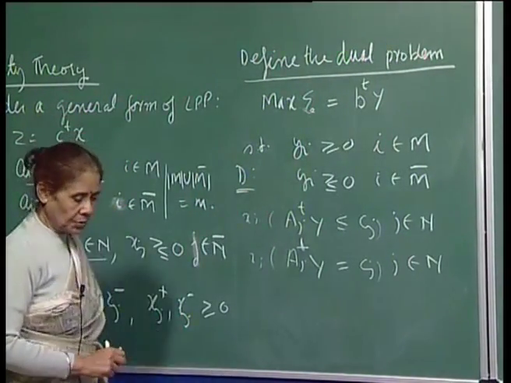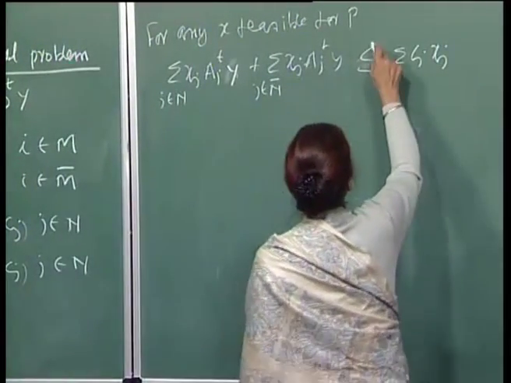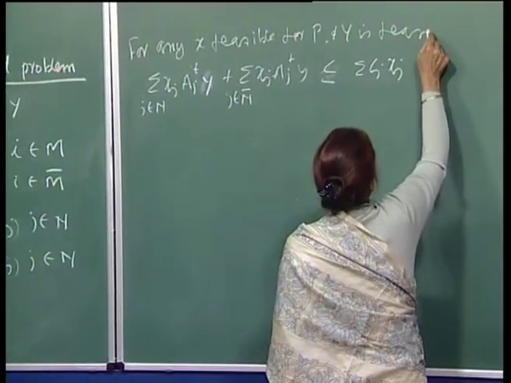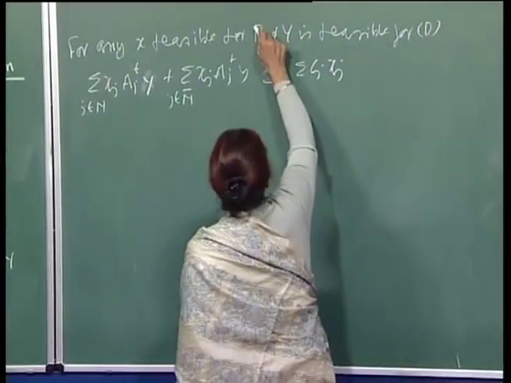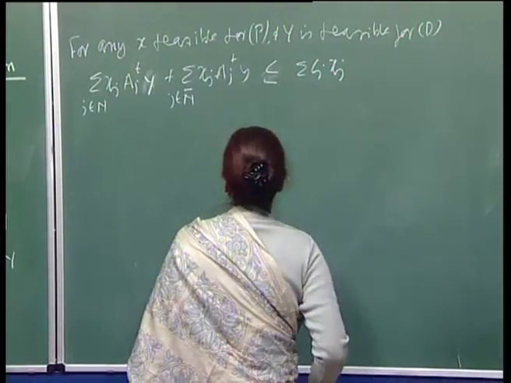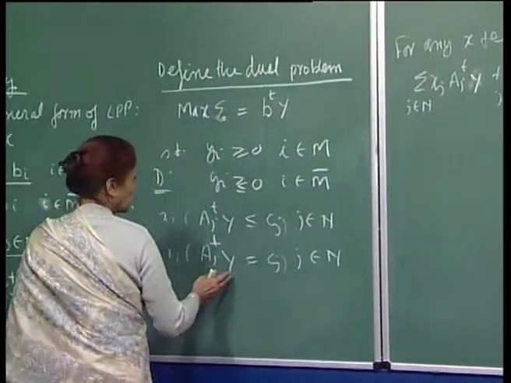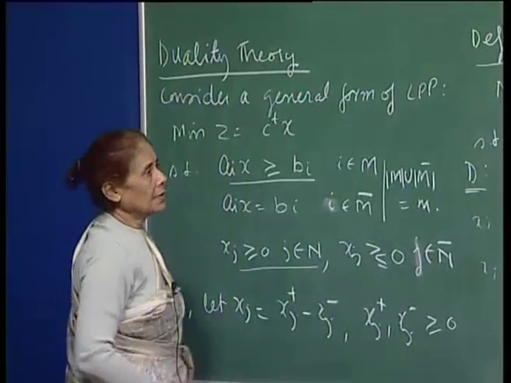We will always refer to PD as the primal dual pair. So, x is feasible for p and y is feasible for d. I am assuming that I have a y satisfying this set of constraints, and an x satisfying this set of constraints, then you have